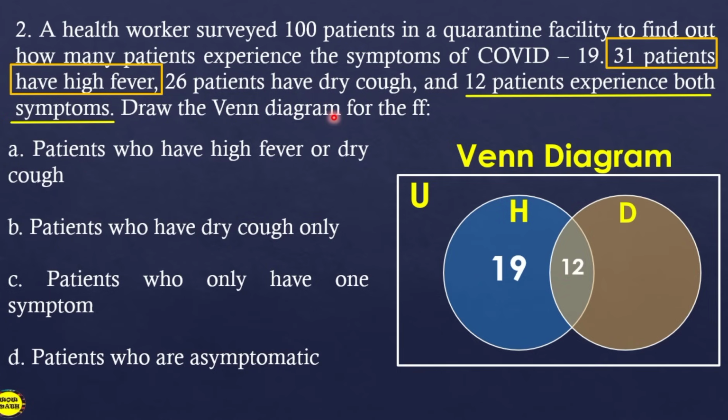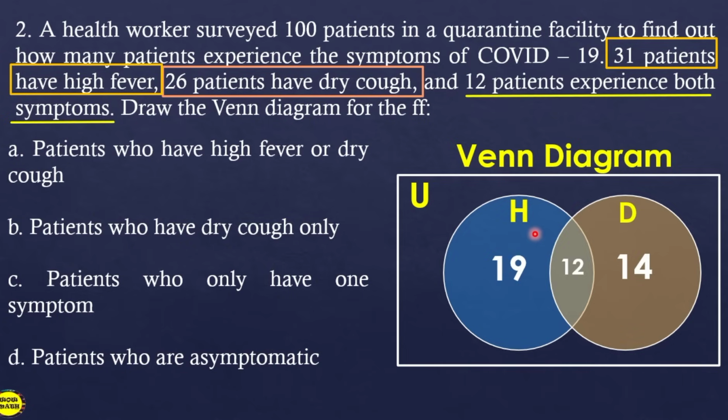Ganon din po sa 26 patients have dry cough. So, 26 minus 12, that is 14. So, yun po ang una nating gagawin. So, this is how we illustrate the Venn diagram. Now, hindi pa po tayo tapos. Ang sinurvey ng health worker ay 100. Okay? 100 pasyente. If we will be counting all the patients na merong high fever and dry cough, we only